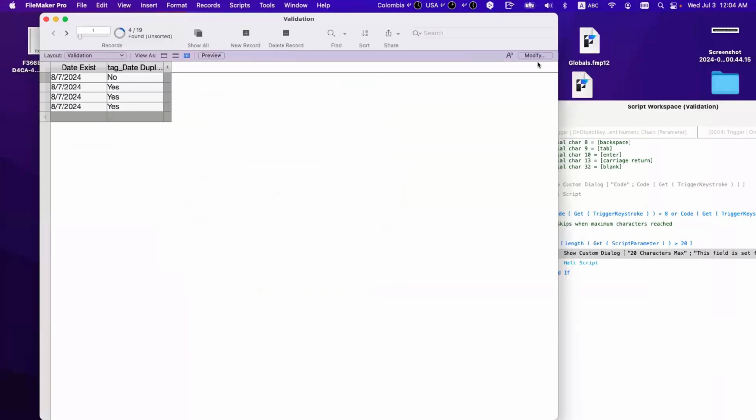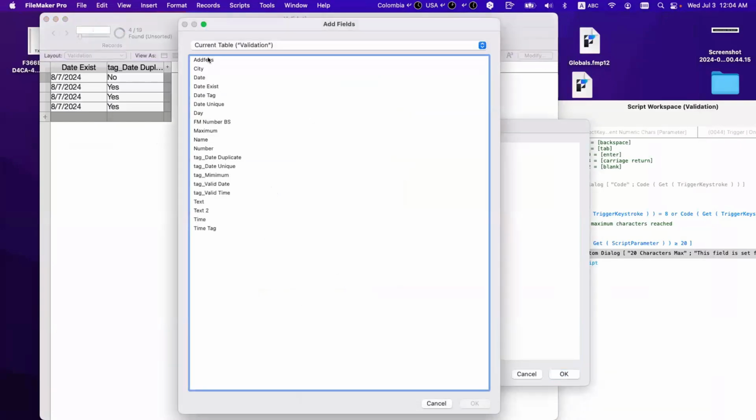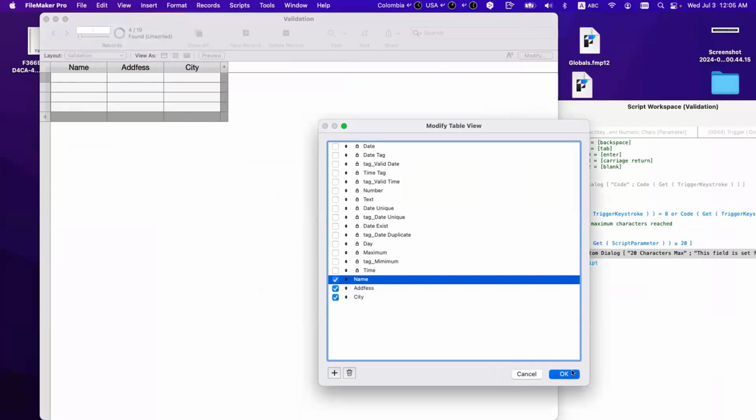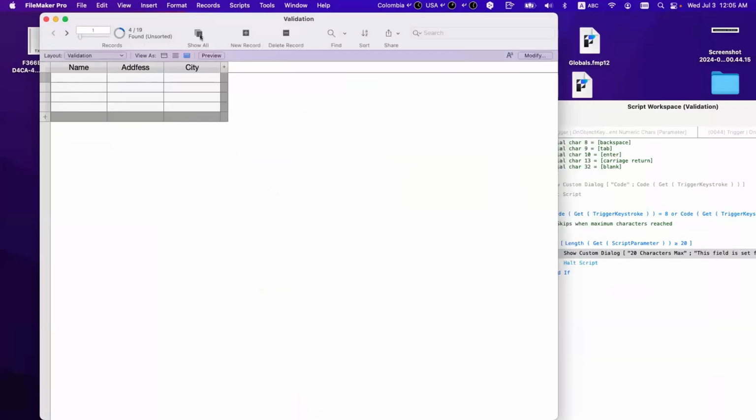So, city and name. Like this. So if I say Nick, 123 Main Street, and if I do it again,